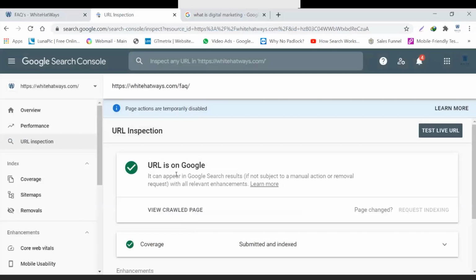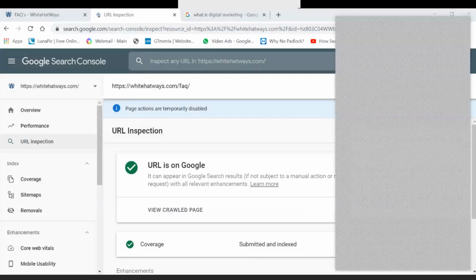The URL is on Google. What it says is that it is already submitted and already indexed. However, in your cases, while you have made a particular blog, it is very essential for you to do it this way, to ensure that it is crawled as well as indexed.